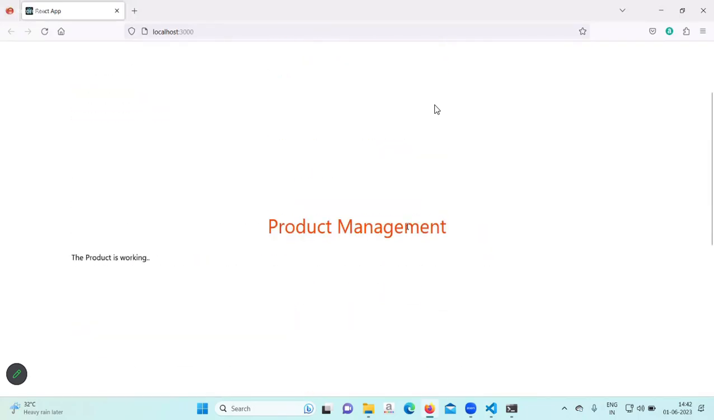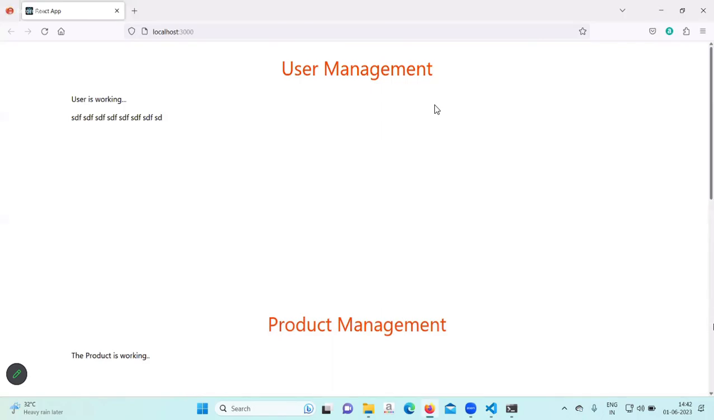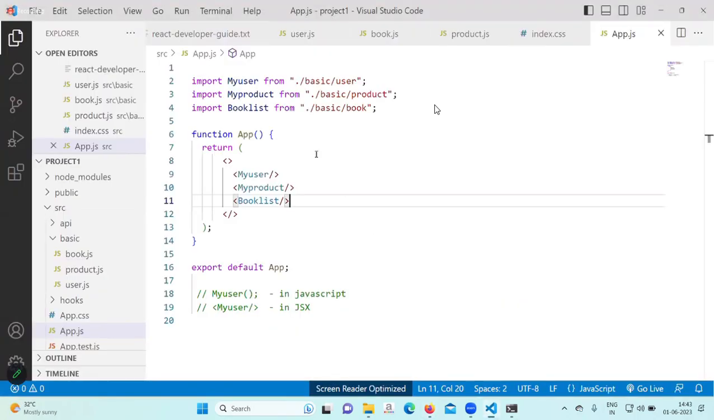Suppose in one project you have 10 pages, 10 components. All 10 components you cannot display together. You have to provide a very good link. Based on the click of the link, the page has to load. Okay, that we are going to do. So come to the